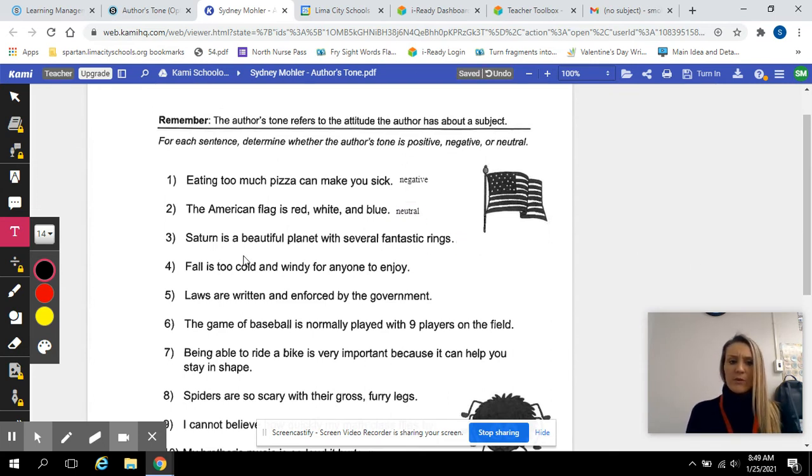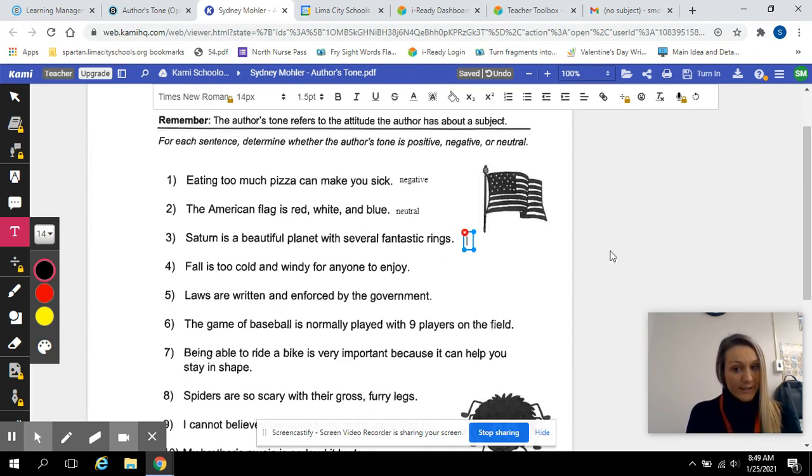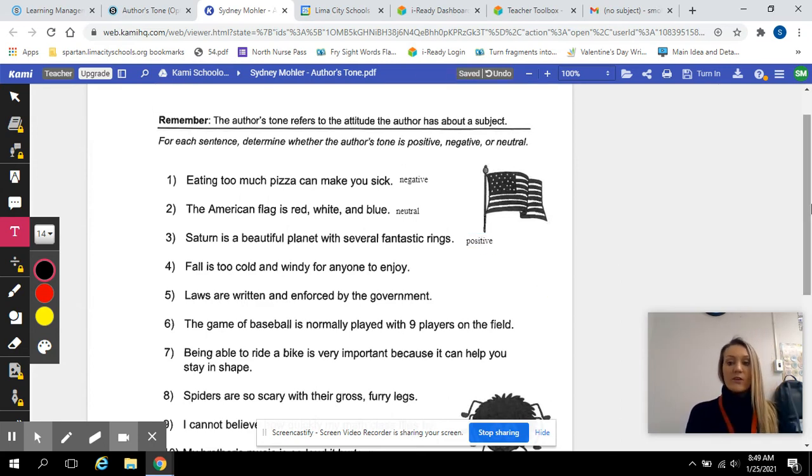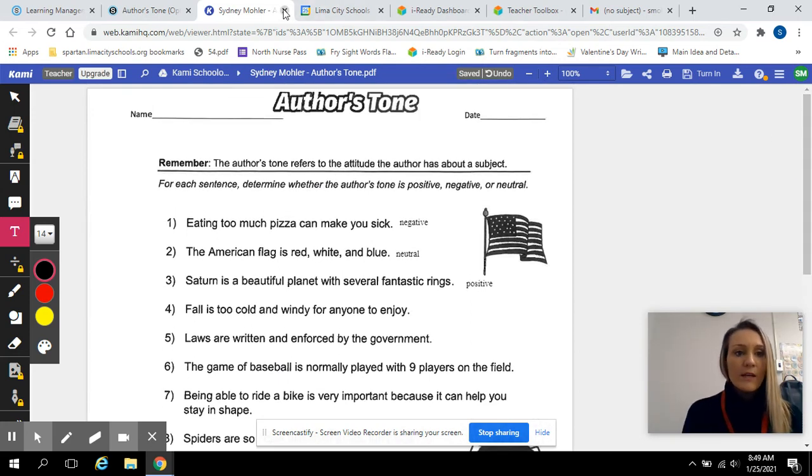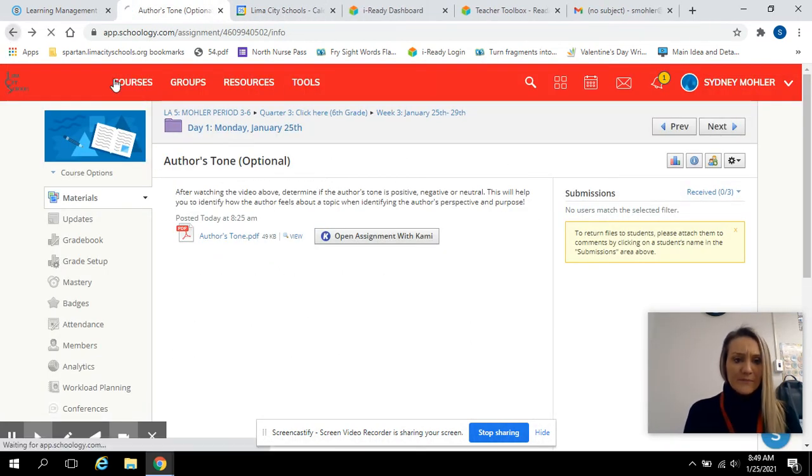And I'll do one more with you. Saturn is a beautiful planet with several fantastic rings. He used beautiful and fantastic, so I'm going to say he feels pretty positive. So if you would like to do this for extra practice, go ahead and do the rest of these. And then if you get out of this, you have